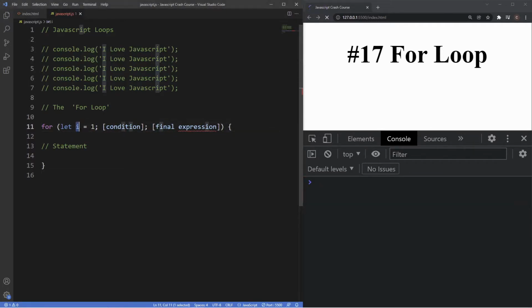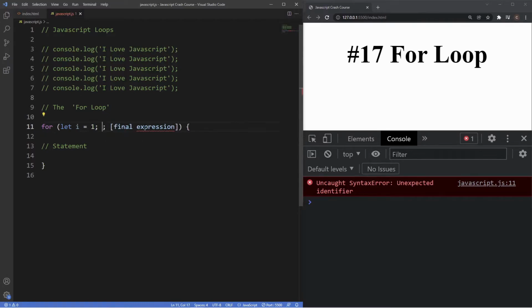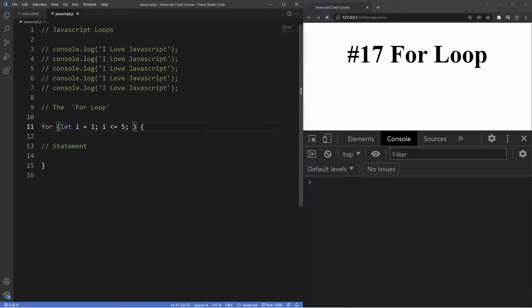So the i that you see here in this variable is a bit of a convention and is meant to represent index, so it's a bit easier to understand what's going on, but you can actually name this variable anything you want. So after the variable we want to set our condition. So the condition is going to be: is i less than or equal to 5? And then lastly we want to include our final expression, which can either be an incrementer or a decrementer. In this case it's going to be an incrementer, so we're going to say i++, so it increments by